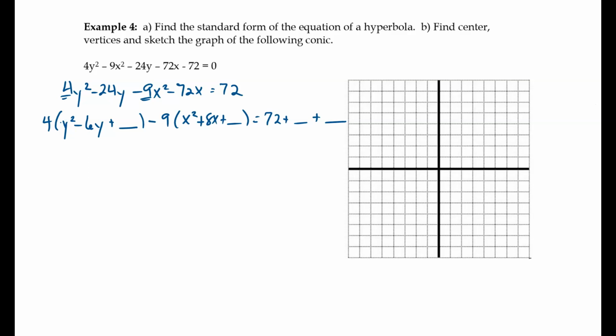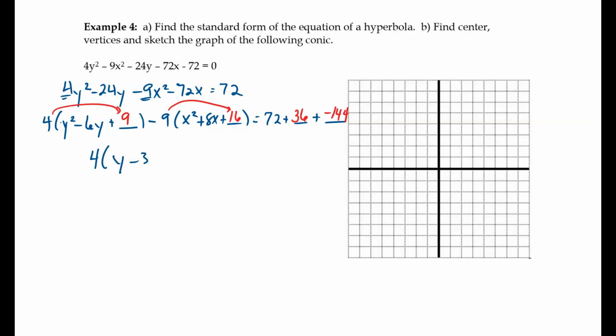Go to your -6, divide it in half, which is a -3, square it, get 9. 4 times 9, and that is going to be 36. Then we're going to do the same thing with the 8. Divide that in half, which is 4. Square it gives you 16. But I'm really going -9 times 16, which is -144. So when we're simplifying this and we start rewriting it in standard form, I get here 4 times the